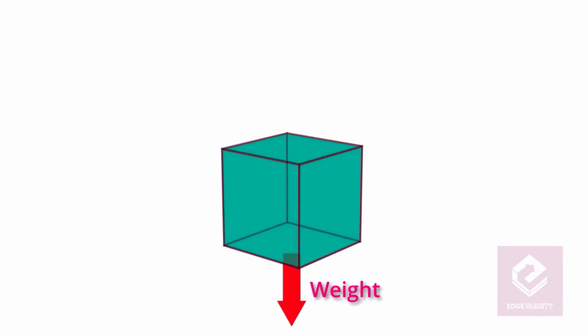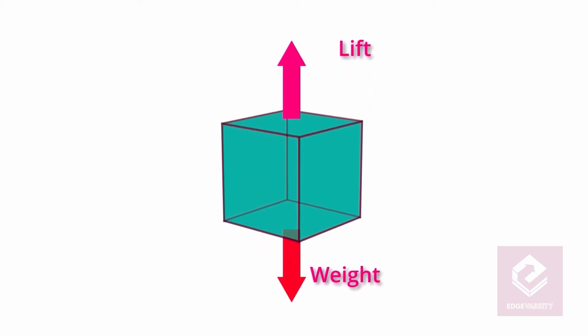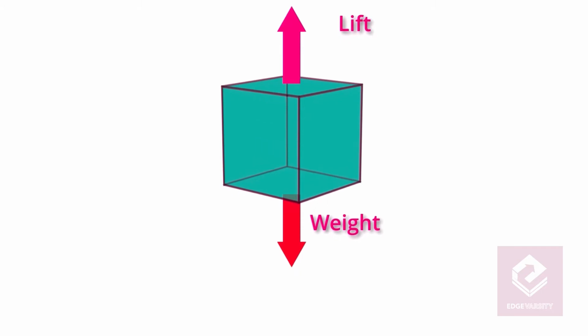The reason is our own weight, caused by the Earth's downward gravitational pull. Our weight keeps us literally firm on the ground. To get off the ground, we have to produce an upward force that acts against our weight. This upward force is called lift. Birds and aircraft fly by using their wings to create a lift that counters their weight.